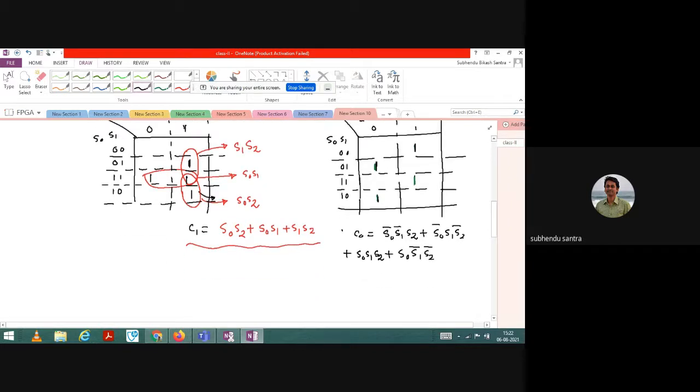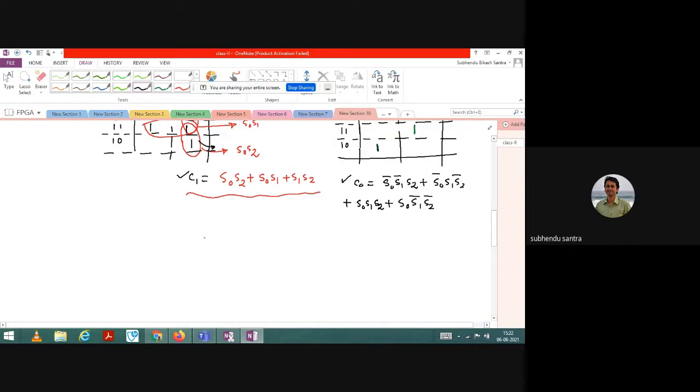So I am having this C0 function and C1 function. Okay, from the K map I have designed this. Then the next step is, this S0, S1, S2 are the input, and you can design your own circuit. So let us say this is your S0, S1, and S2. If you know this, you can design.